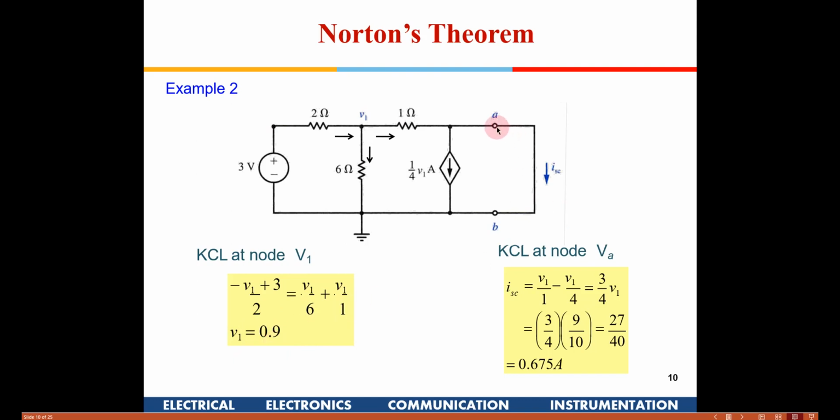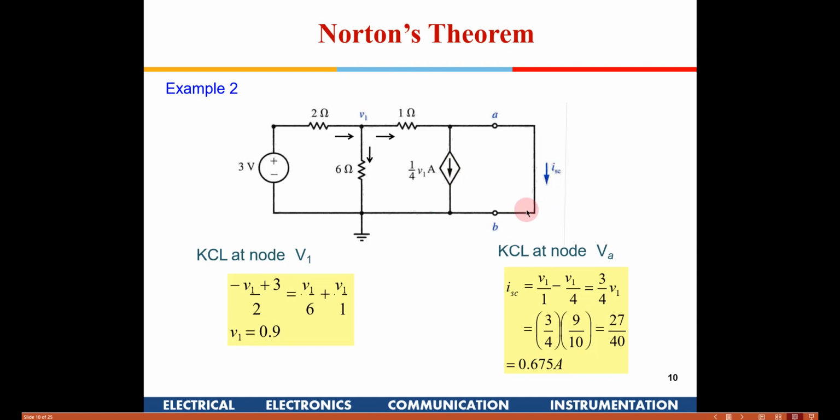Okay, again we write a current equation at this node. So if you see, this is the short circuit current which is flowing here. Okay, this is one more current which is V1 by 4, and the next current, this is ground potential here, so V1 by 1 ohm. Okay, this is the 1 ohm resistance. So using this equation we can find out, and V1 is already known as 0.9, so I can find out the short circuit current. Okay, now the next step is to find out the Norton resistance or Thevenin resistance, which